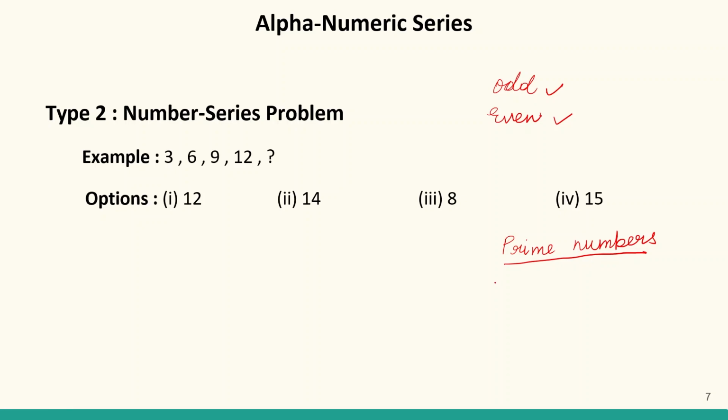The first prime numbers are 2, 3, then 5 and 7. What are prime numbers? Prime numbers are basically numbers that have only two factors, 1 and the number itself. 7, then we have 11, and so on. Try to remember this for the first 100 numbers. What are the prime numbers up to 100? This you should know. Then you should also know squares